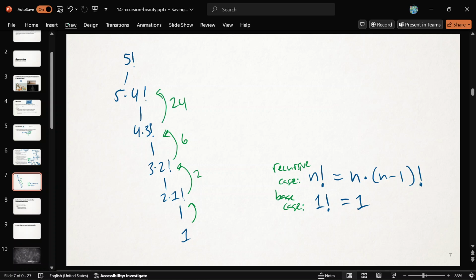That's correct. See how it's going to build its way back up after you've gotten to the base case. That's the secret. So then 5 times the 4 factorial, which is 24 now, we shove that up here, and we get, I think it's 120 as your final answer for 5 factorial. So that's both of the rules being used together. That's how it's going to work. Okay. So with that in mind, we can turn this into code.